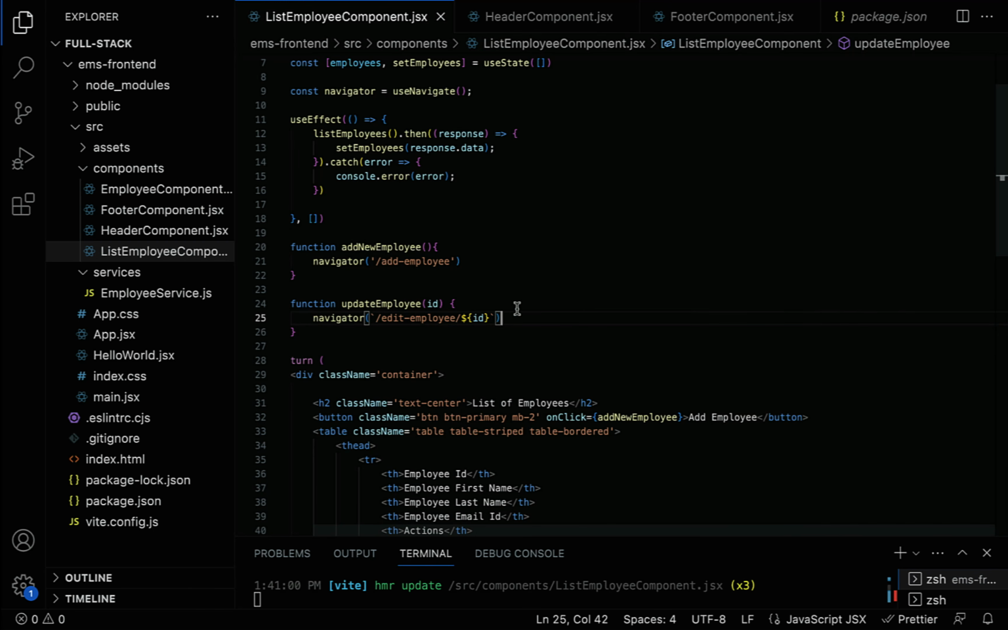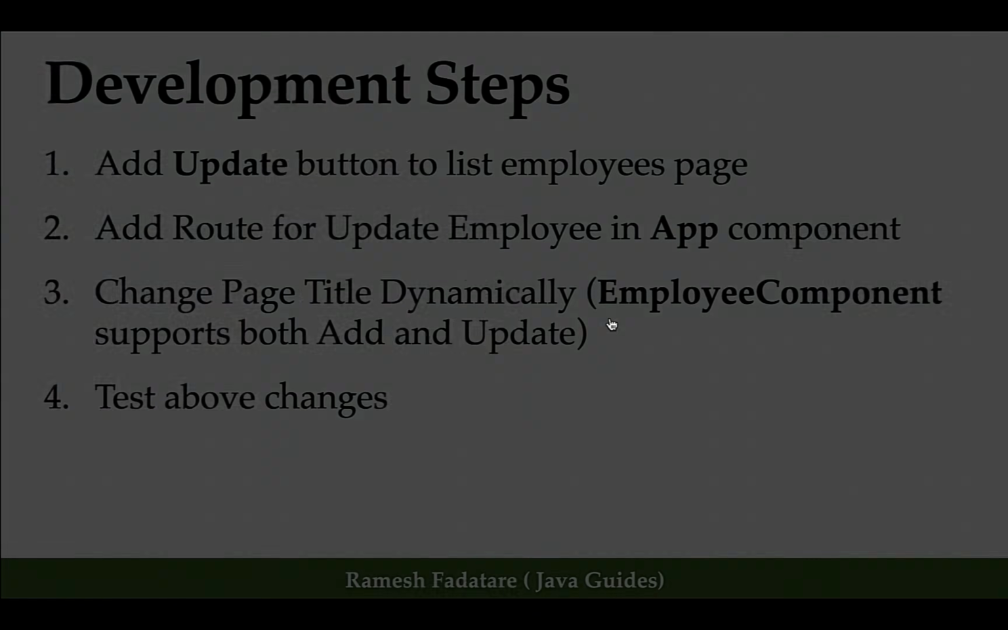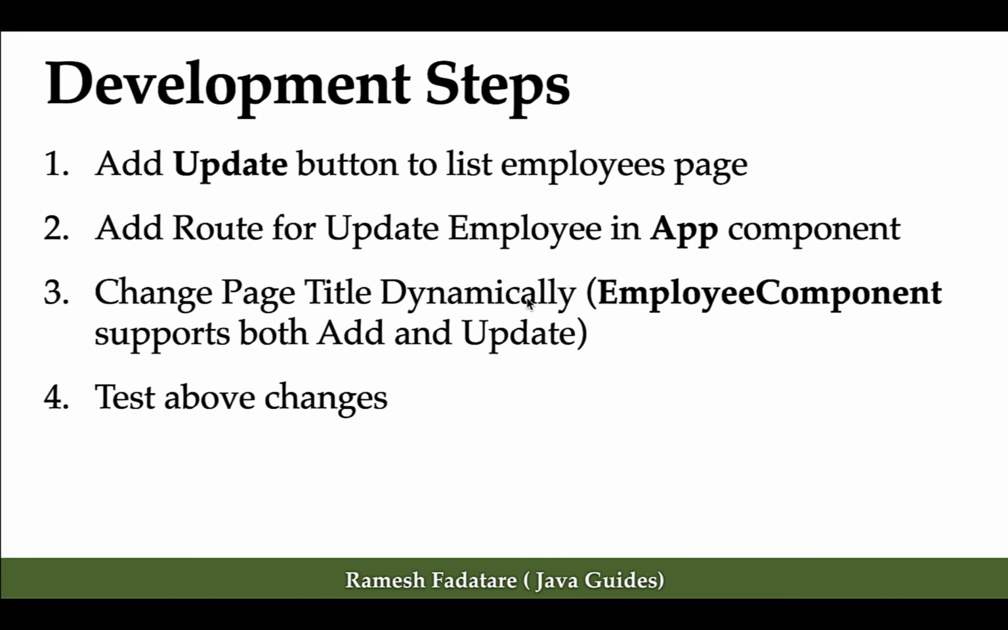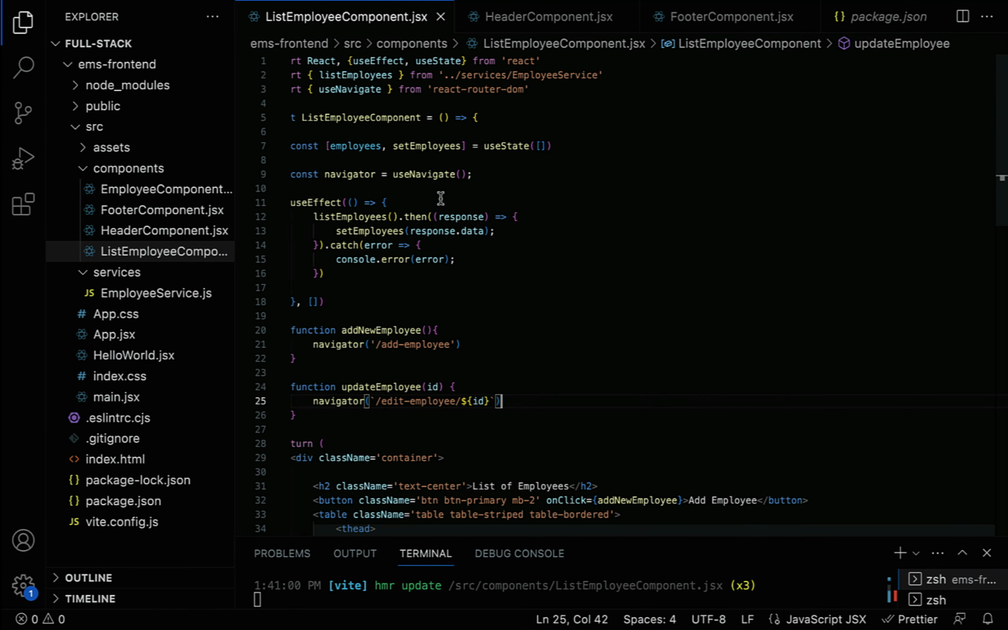Alright, perfect. Next let us take a look at the next step. The next step is to change the page title dynamically. Well, this employee component supports both operations, like add employee and update employee. So let us change the page title dynamically based on the employee ID. So let us go back to the employee component,